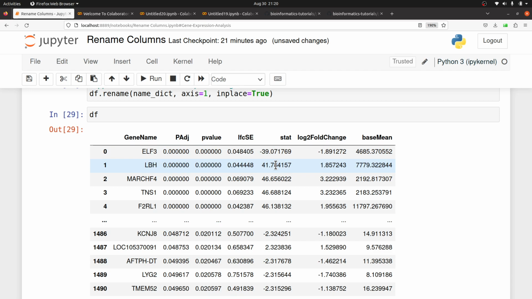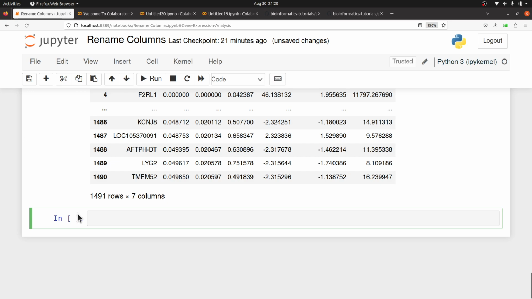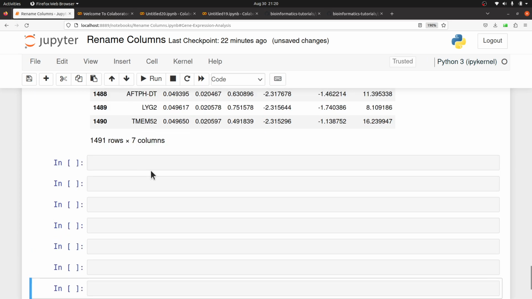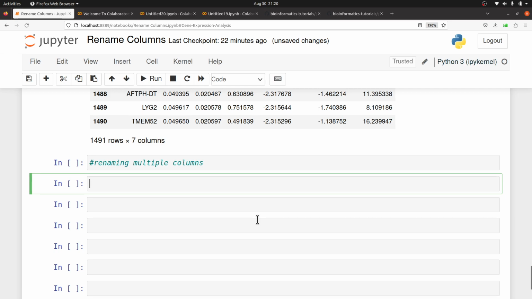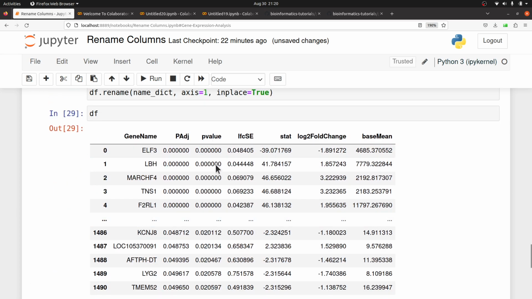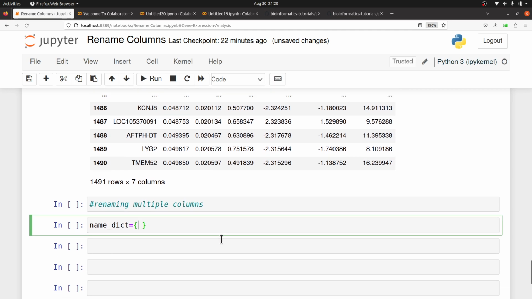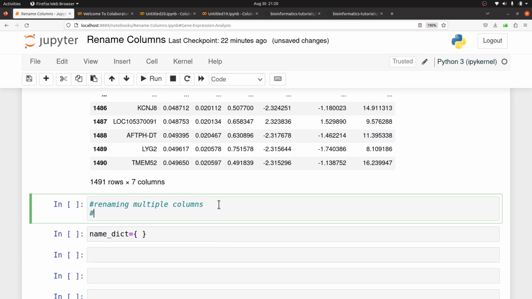So in that situation, it's still the same approach. We create our dictionary. Let's do this. Renaming multiple columns. So you create a dictionary. I'll still use name_dict equals, I bring my curly brackets like this. And then in it, I'll place my information. So I'll start with p-value. Okay, let me just define them here. Let's say p-value. You rename it to